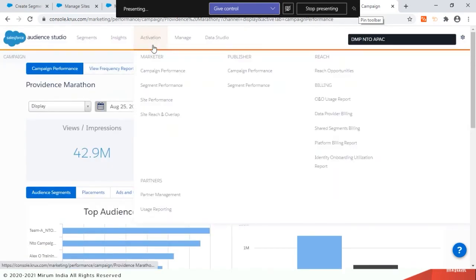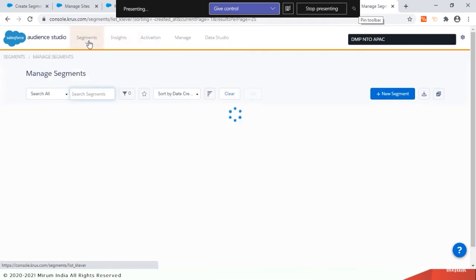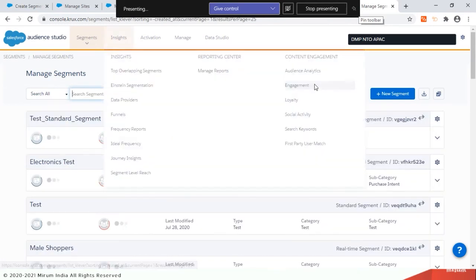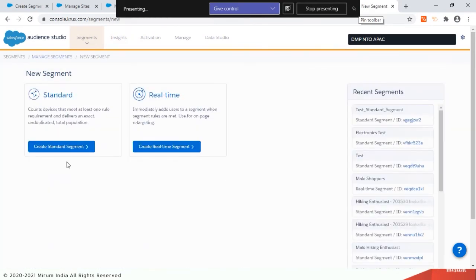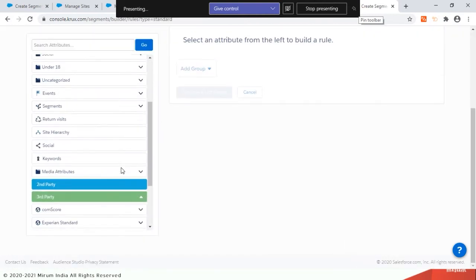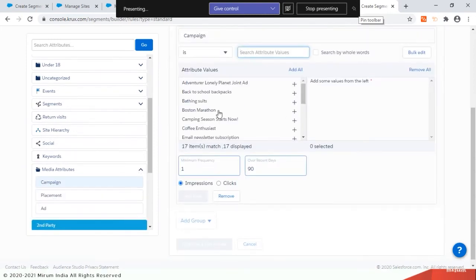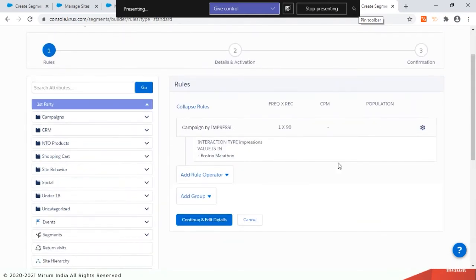And from any part of it, we can create an overlap report, right? We can say, okay, let's identify the people who are seeing this ad, and create a new segment based on these insights that we will be creating these reports on. So let's say anyone who has seen this particular campaign once in the last 90 days, I can create a suppression rule based on this.